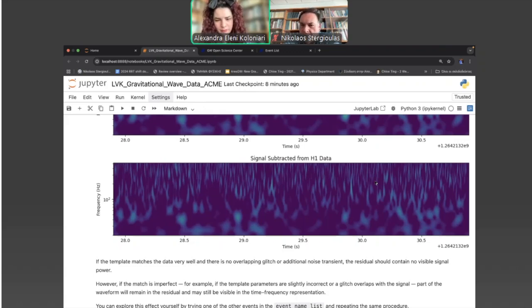And so here is a comment by Lazaros, who says that in the future we could use generative models to generate a higher variety of glitches for better and more reliable noise classification. Yeah, I agree with this. So we should work on both fronts to, on one hand, have better models for the astrophysical signal. On the other hand, have better models for the glitches in order to separate clearly these two classes of triggers.